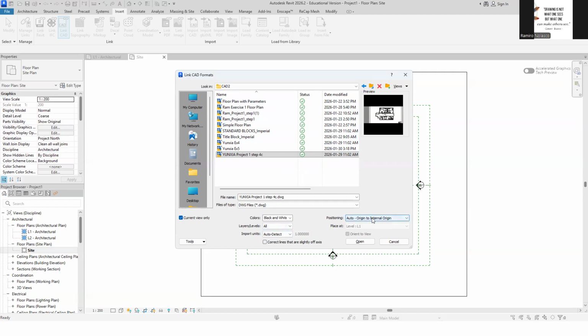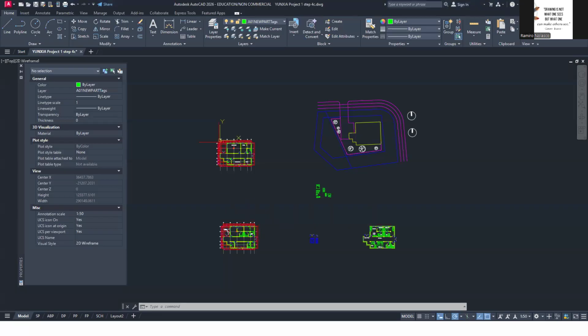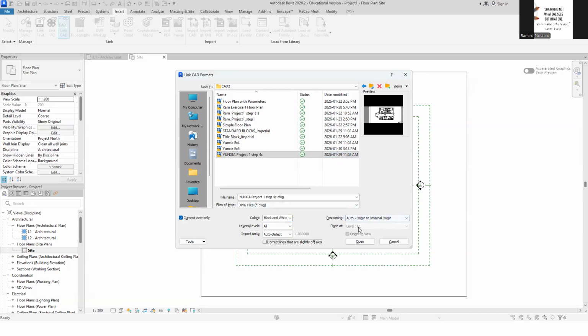And AutoCAD has the origin, which is our XY, right? So we want to say auto origin to internal origin as a reference. There are other options. We can insert it manually, okay? But auto origin will be fine, okay? So take a photo of that.